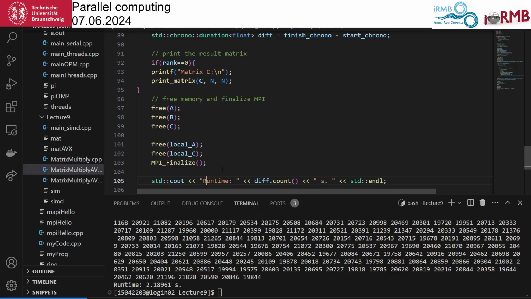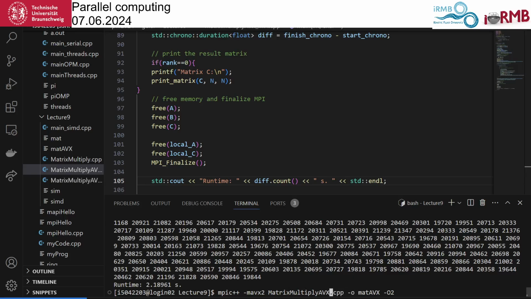Save. Let's see. We are running a little bit over time potentially. We want to compile this, and this has to be done with MPI C++. Because we are using AVX, we have to use the AVX flag here.